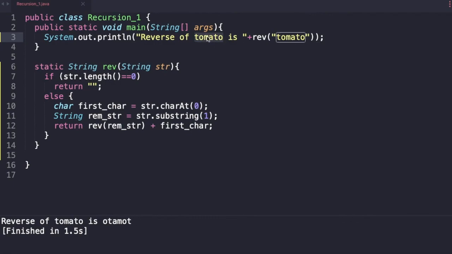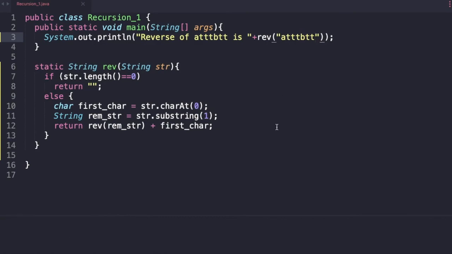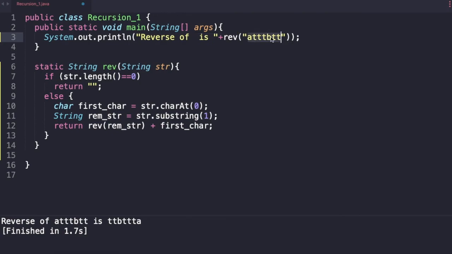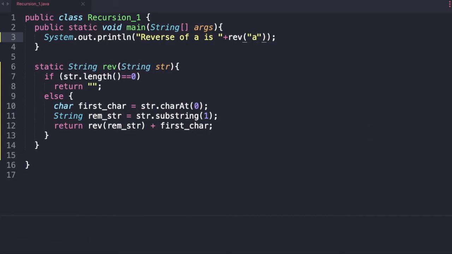Let's check it for another thing, say a-t-t-b-t-t. What do we get as the output? This is also fine. Let's check it for our base condition. So reverse of empty string is an empty string. Let's check it for, say, a single char. Does it work for that also? So typically these are the conditions you should always check.